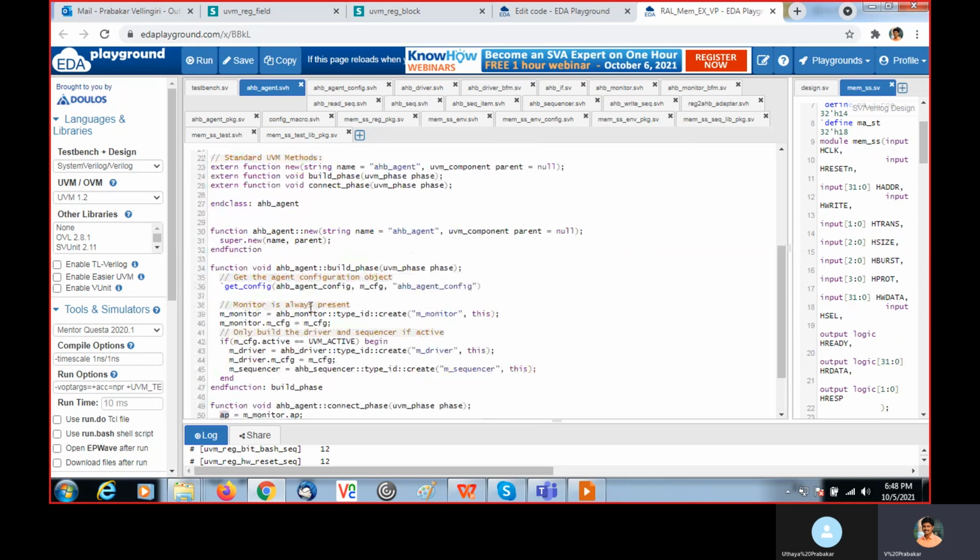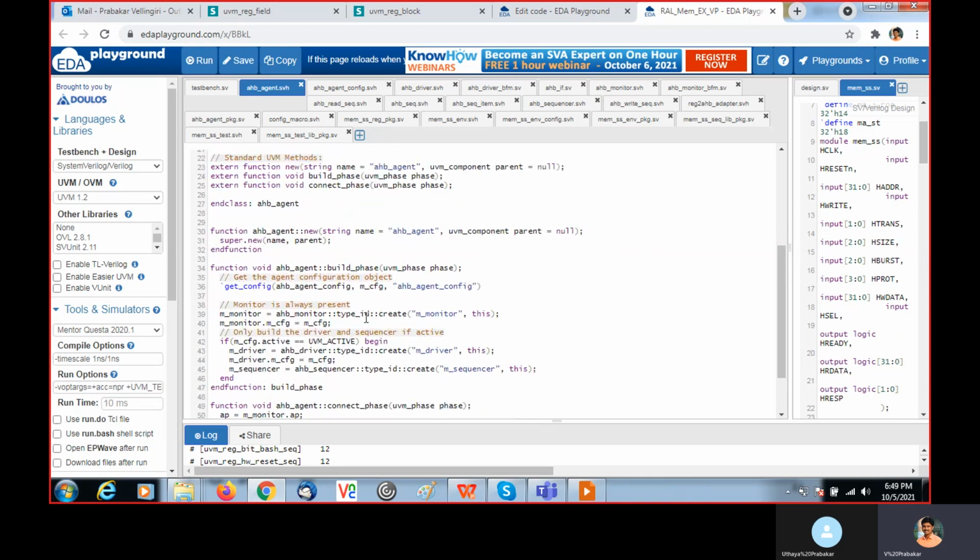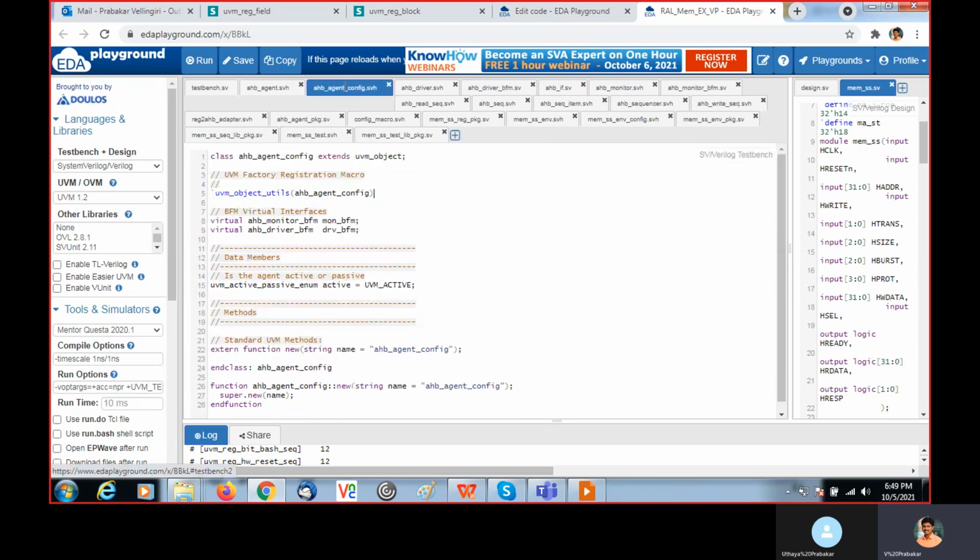And inside the build phase, I am going to build the monitor, sequencer and driver. Here, based on this enum type, UVM active passive enum, the active variable is declared as a UVM active passive enum.